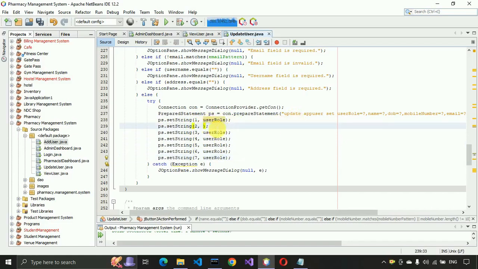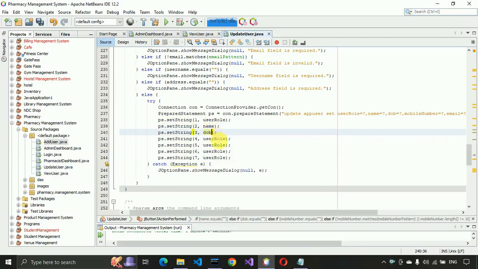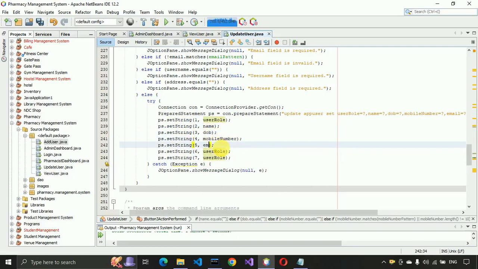So after username, the next field will be name, and then dob, and after dob the next is mobile number. After mobile number, the next field will be email address, and after email address the next is address, and at last we need to pass the username,